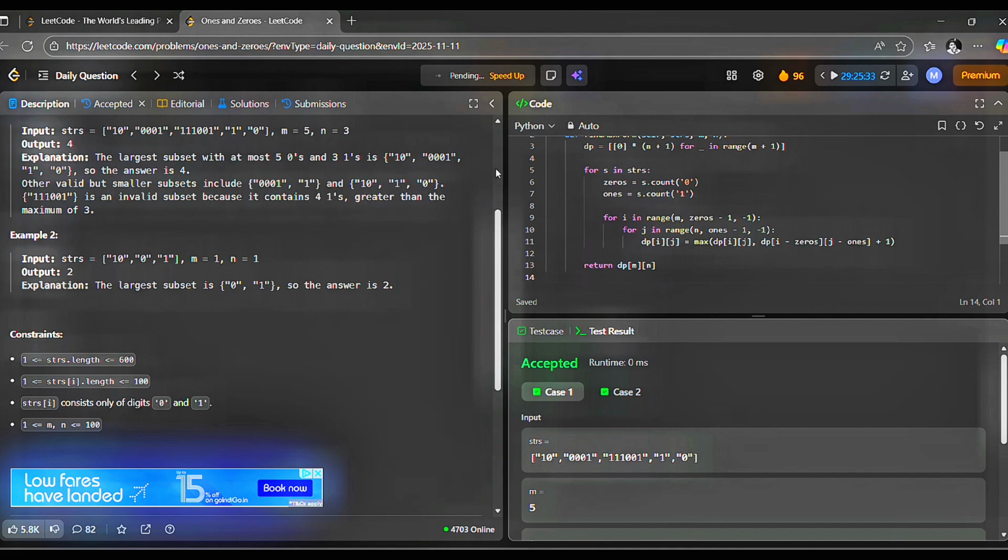So basically in this question we have just solved a 0/1 knapsack problem. So if you don't have any idea about 0/1